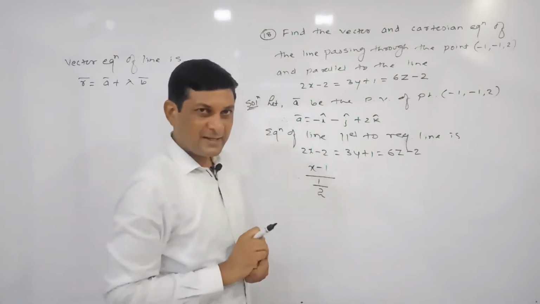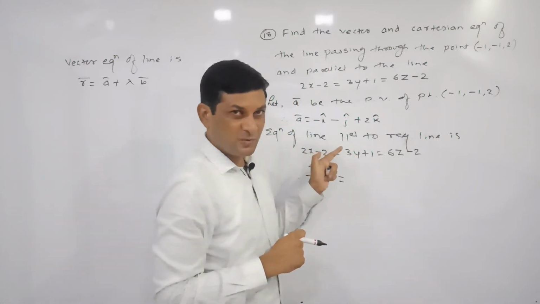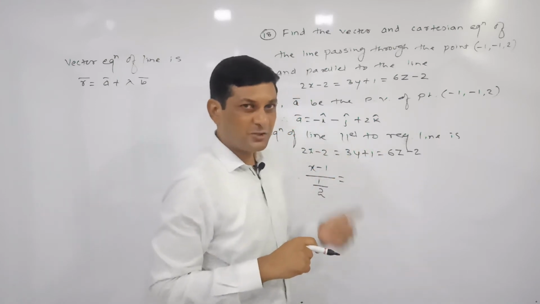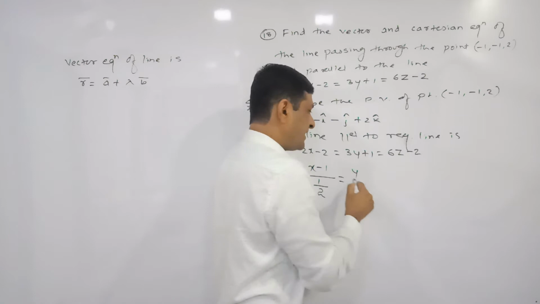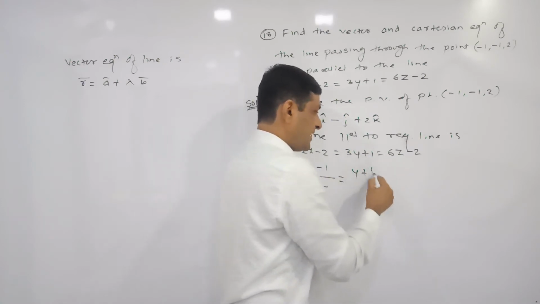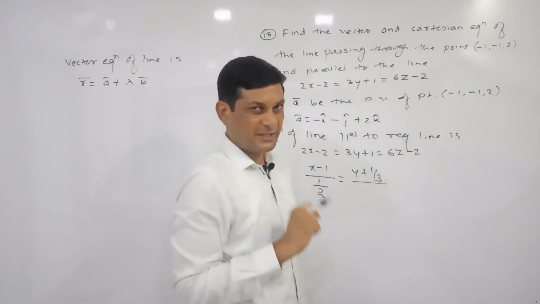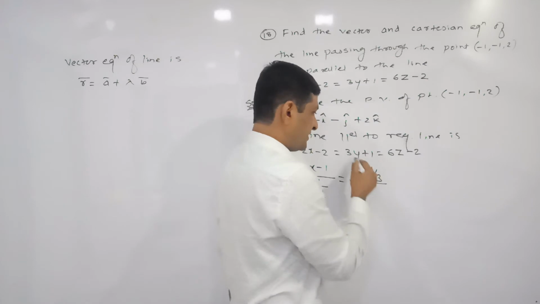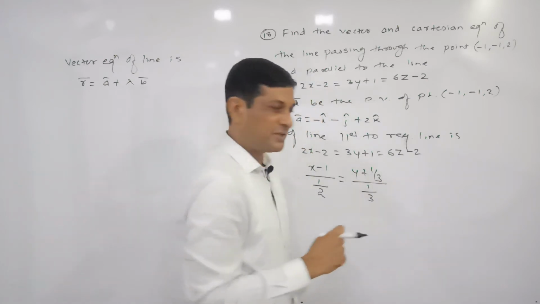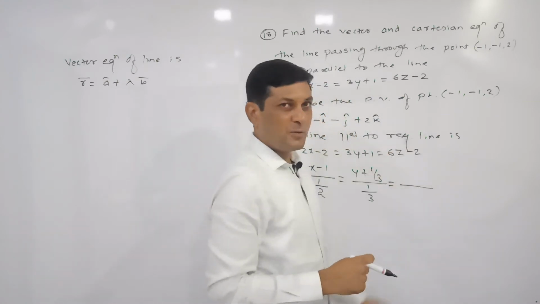Getting it? In the same way, here the coefficient of y is not equal to 1. To convert it into 1, we have to divide the numerator by 3. First I am dividing the numerator by 3. Here 3 upon 3 will become 1. 1 into y is y, plus 1 upon 3. This is the result we get when dividing this term by 3. Now divide the denominator by 3. Here 1 is in the denominator and we are dividing it by 3.